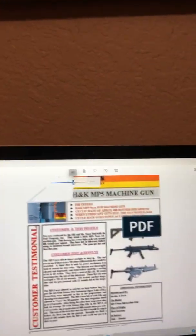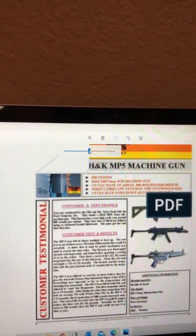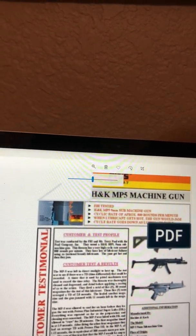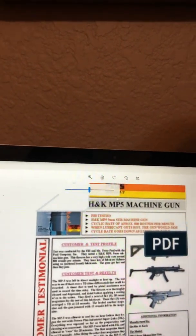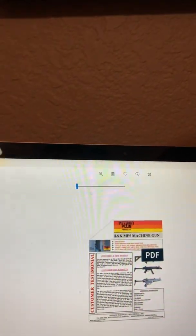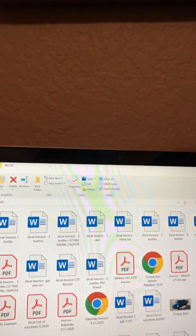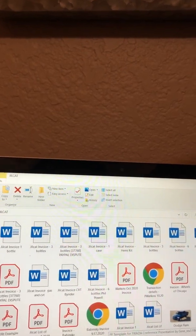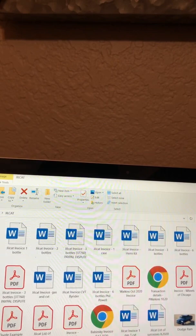Here's an FBI test. Let's see, open up, right there. See if I can get this where you can read it right quick. But you really, H&K, MP5 machine gun, the cyclical rate, 800 rounds per minute. And when it got hot, the gun would jam, and so it went to higher per minute. That's a tough one to read. Sorry, I'm just throwing this together. There's so many things that I could send you that you could read, but it's just huge amounts of